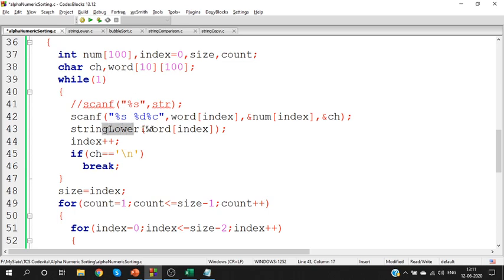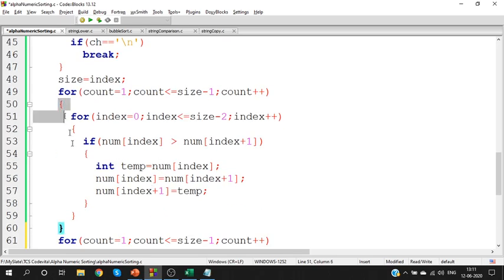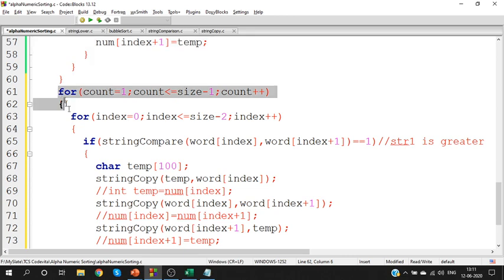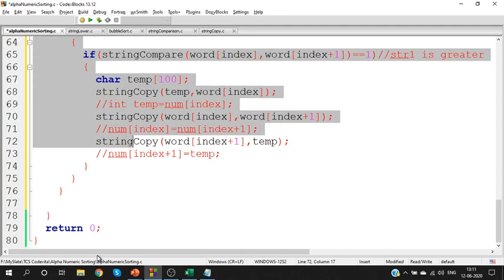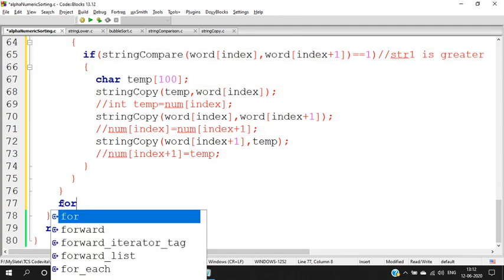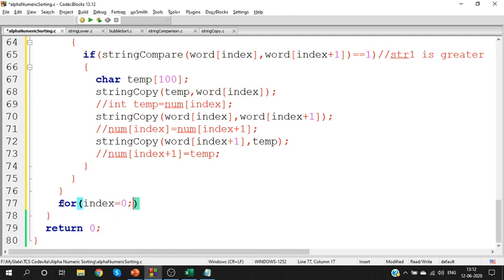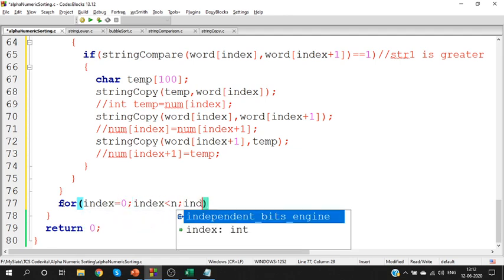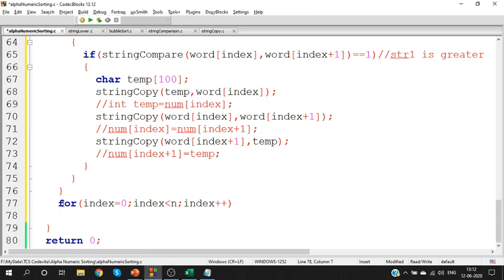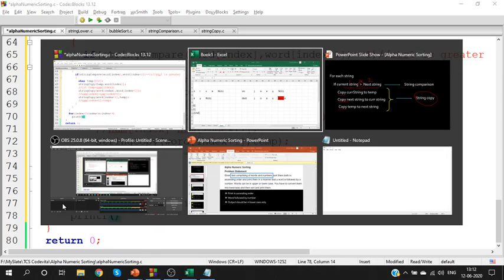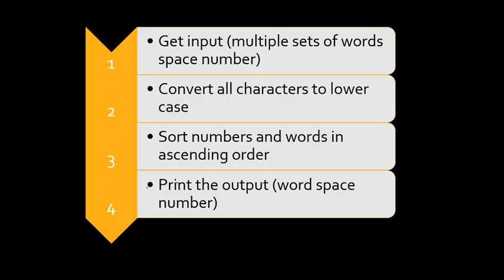Getting the input, converting to lowercase, sorting the numbers and then sorting the strings. After that, print your output. For index equal to 0, index less than n, index plus plus. How should you print the output? The format is word followed by space followed by number.